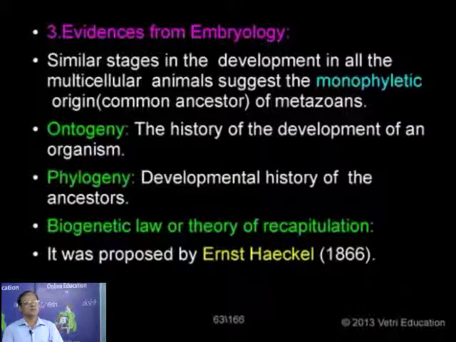Now, the third evidence in support of organic evolution: we have evidences from embryology. Suppose we compare the development of different organisms, particularly multicellular organisms. Take the example of vertebrates, starting from fishes, frogs, then the reptilian forms, and also the birds and mammals. If the embryos of all such animals are given to you, that is the embryo of a frog, a fish, a lizard, a bird, or a mammal, you are not able to differentiate which group the embryo belongs to.